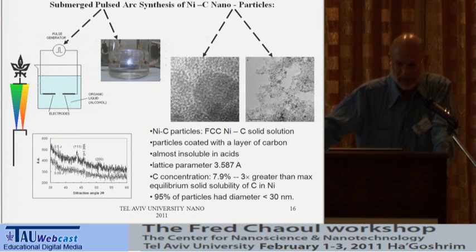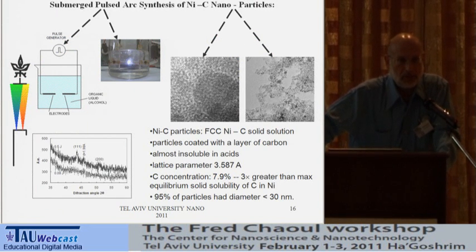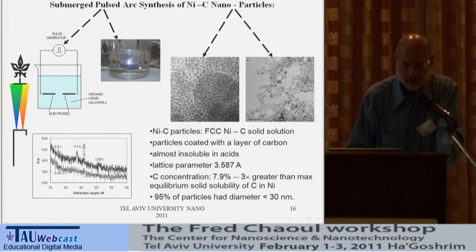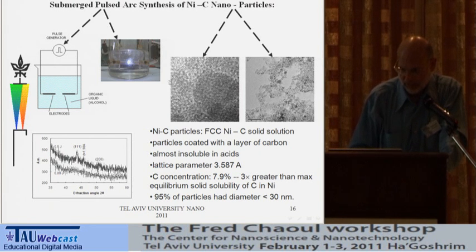What we present in our poster is a method of producing nanoparticles using an electrical discharge. What we do is we have two electrodes in a liquid, in this case ethanol, and we make an electrical spark between these two electrodes, which are made of nickel. And what this does is it produces